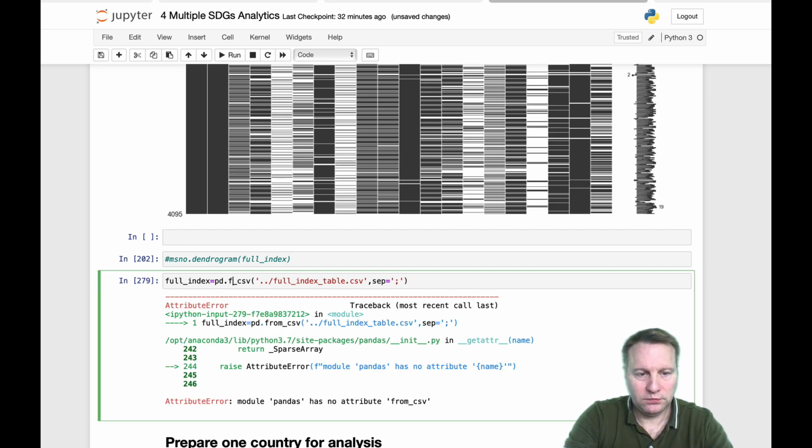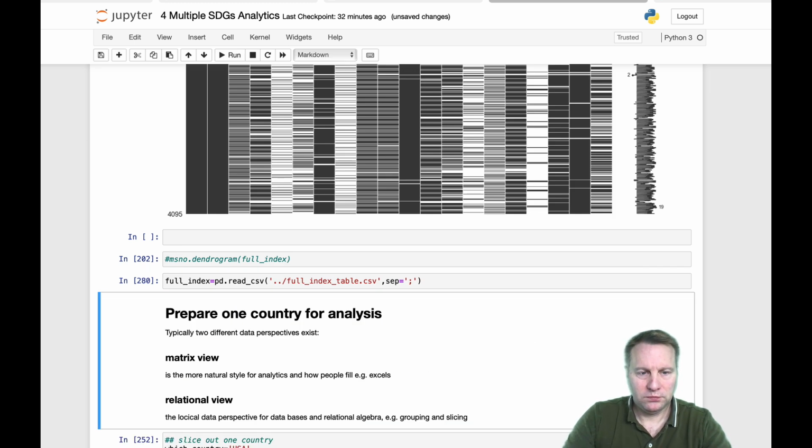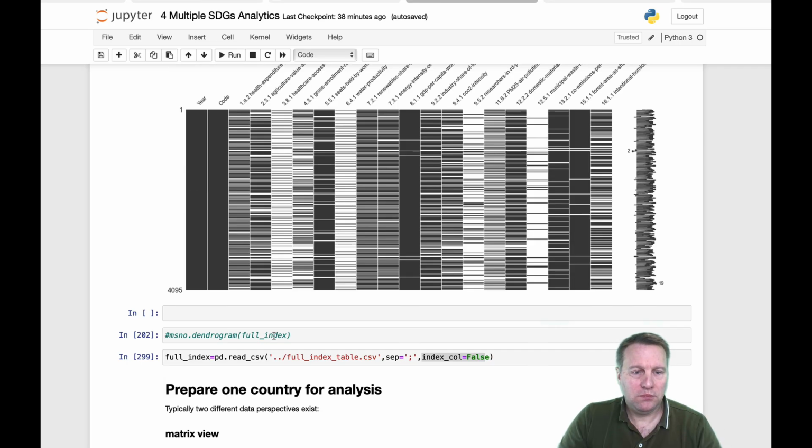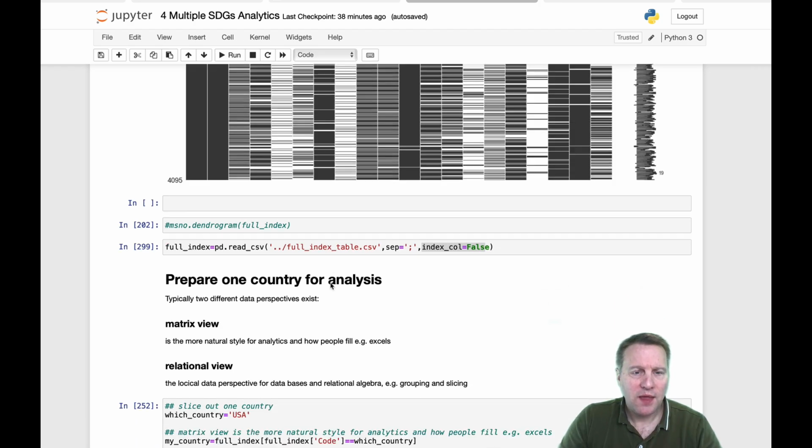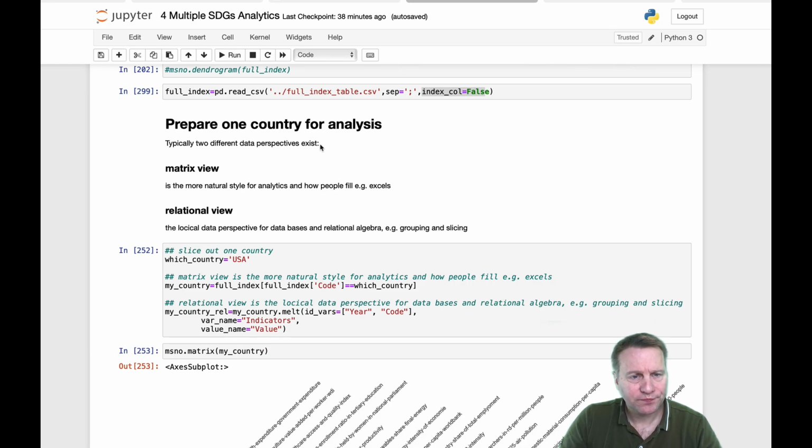Oops. So I just uploaded it again. Okay, we read in the new pandas data frame, ensure that there's no index by writing it out and in, and then prepare for one country